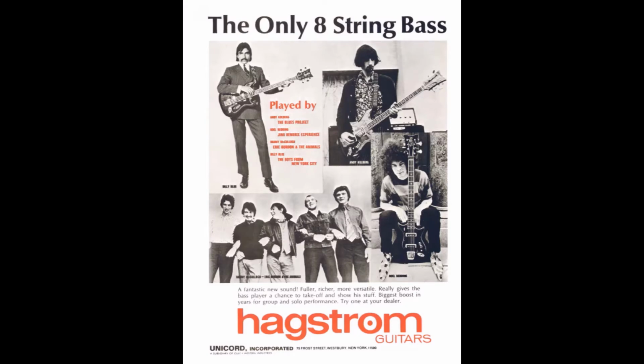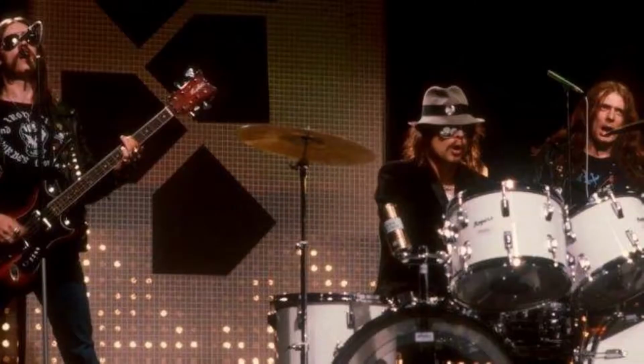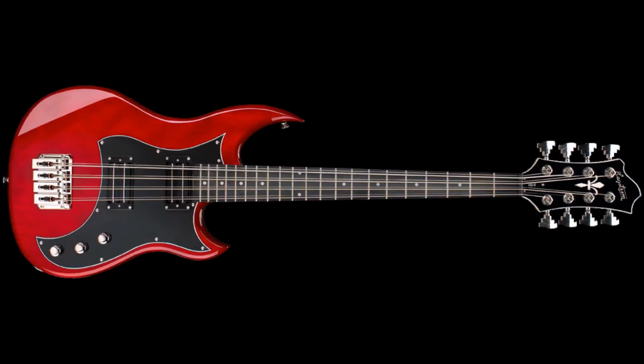Mike Rutherford, the bass player of Genesis, used the Hagstrom H8 on one of their songs. Danny McCulloch, the bass player of The Animals, was listed as a Hagstrom H8 user in most of the promotional material from the 60s. And Lemmy famously used one on a BBC Top of the Pops video for the song Bomber. So now we're done with the talking, let's go over and get some sounds from the Hagstrom HB-8 reissue